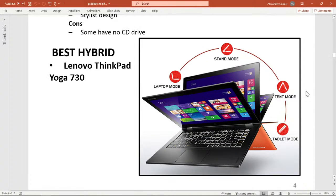Stylish design. The cons, it may have no CD drive. Okay, so these may not have a CD DVD drive. Do realize you can get a CD DVD reader that plugs into the USB if that's what you really want. The big things about